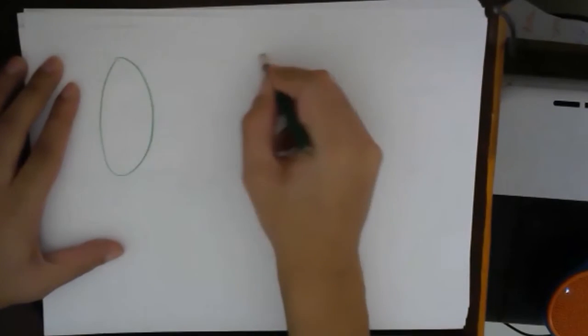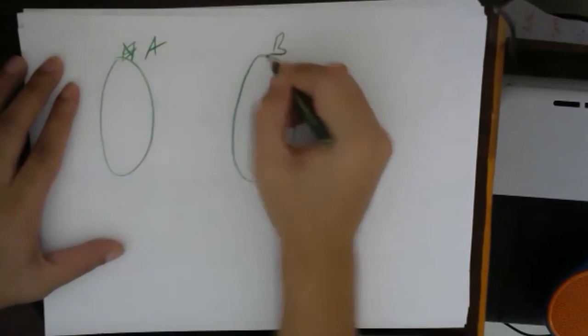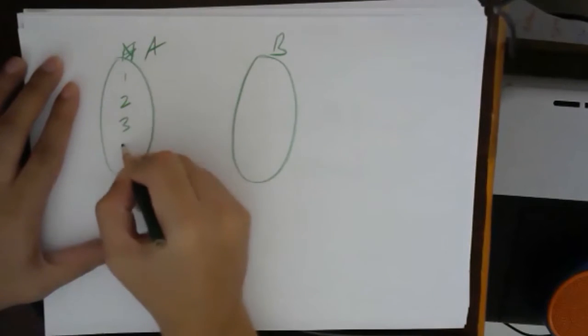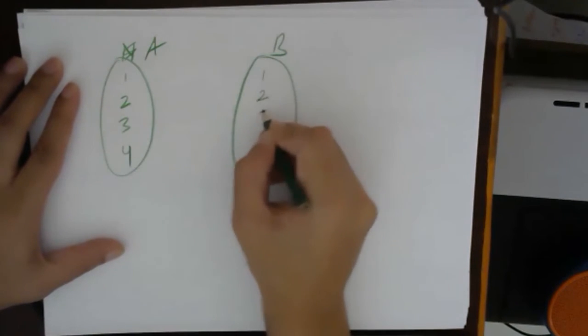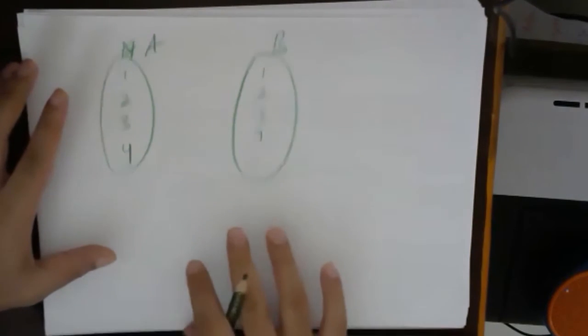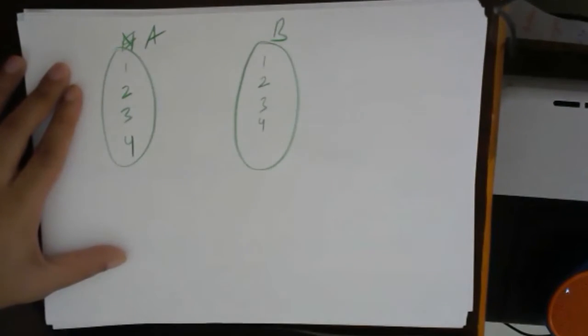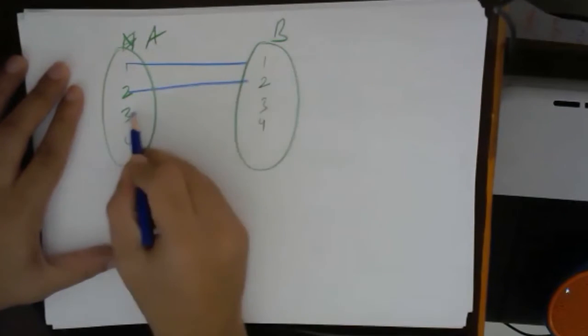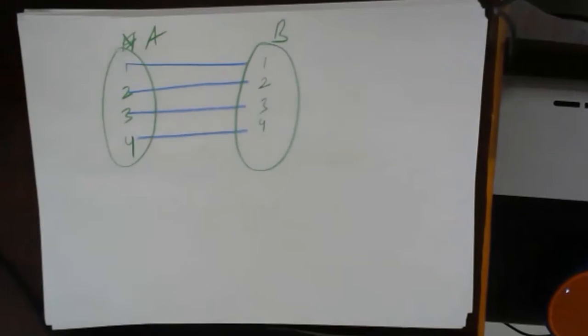I will give you a very basic example. We are taking a relation from natural numbers to natural numbers, which we'll call A, and this as B. So from natural numbers to natural numbers. This is 1, 2, 3, 4, and this has 1, 2, 3, 4. Okay, and what we are doing is that 1 is linked with 1, 2 is linked with 2, 3 is linked with 3, and 4 is linked with 4. Okay, so I want you to write the set builder form of this. I want you to at least try the set builder form of this.